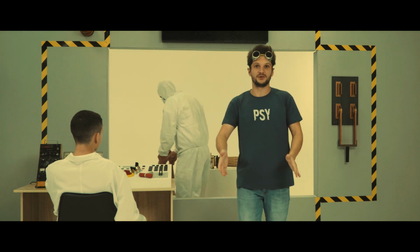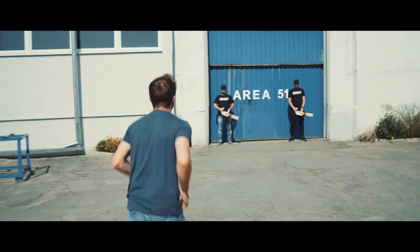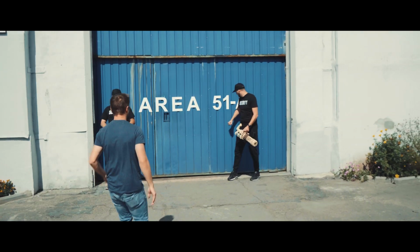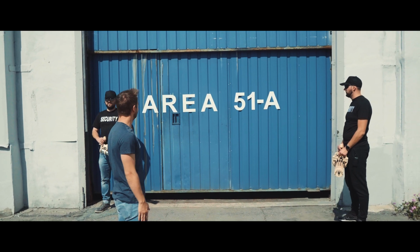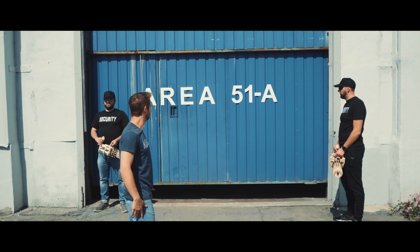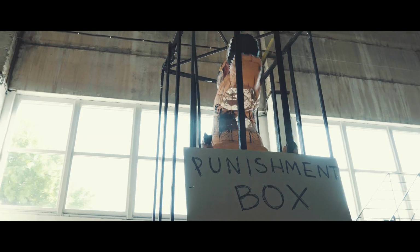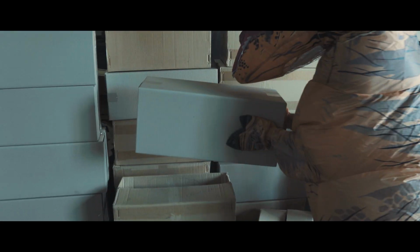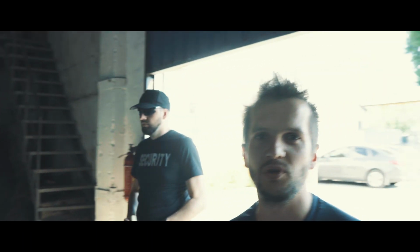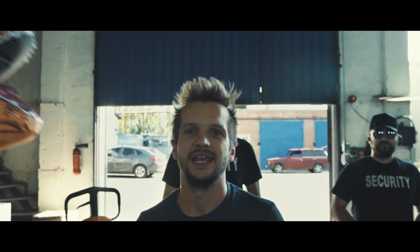So, shall we proceed to the production? We control all the production process at our factory. Let's go, I'm gonna show you that. This is a super up-to-date and well-equipped factory with a totally new approach to minigun production. As you can see that...